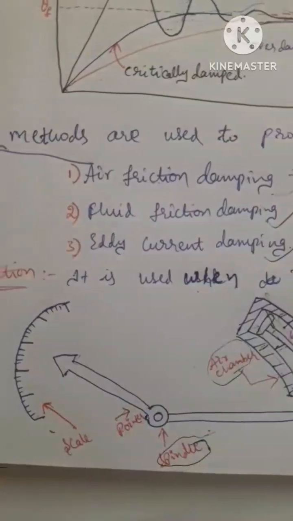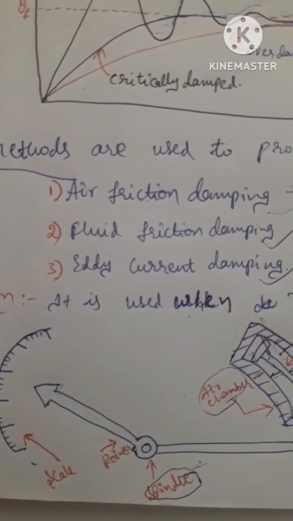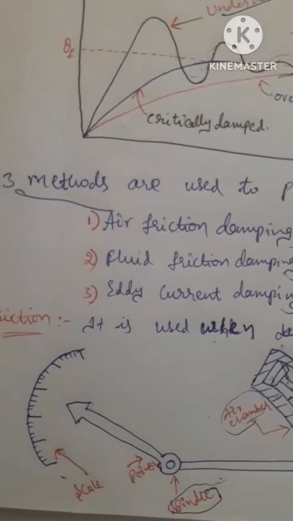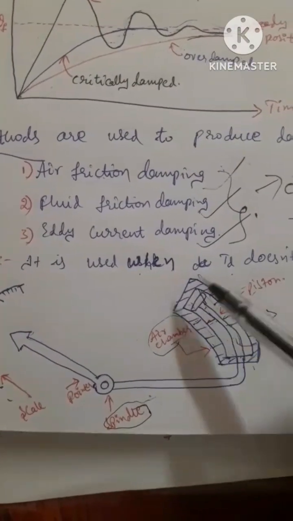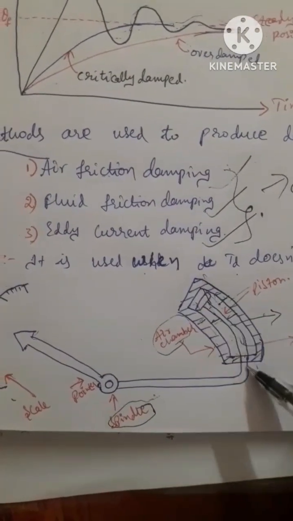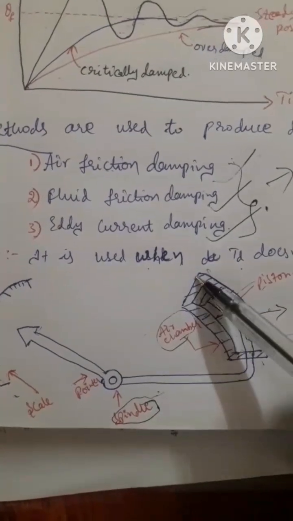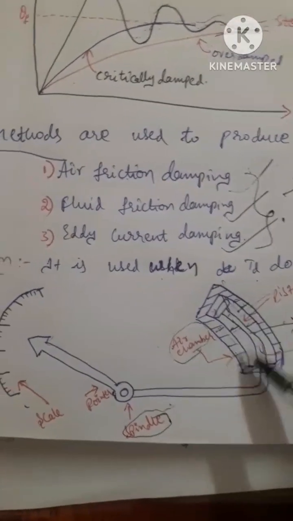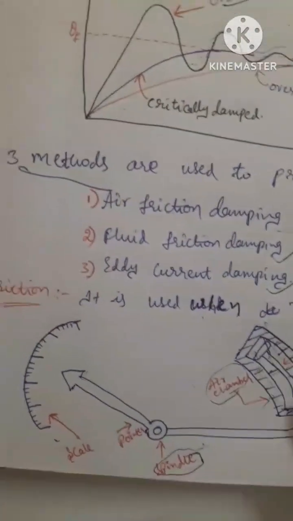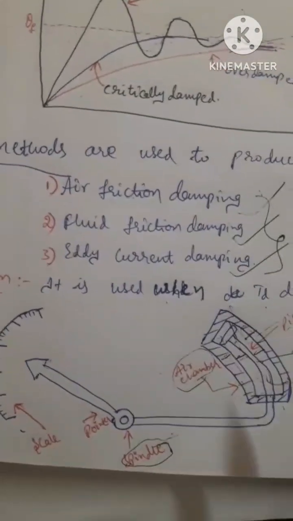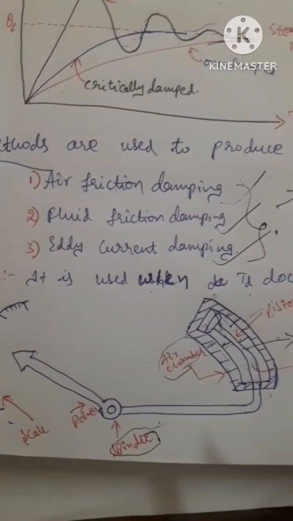So this is reduced due to the to and fro of the piston, when it moves upward and backward. To and fro means moving up and down. It is known as the to and fro. So due to this up and down movement of the piston, there is a compression and pressure developed in the